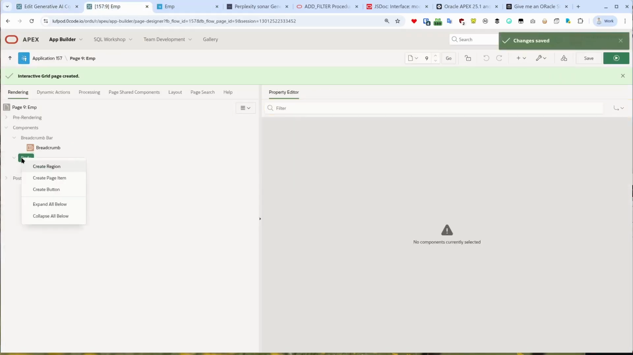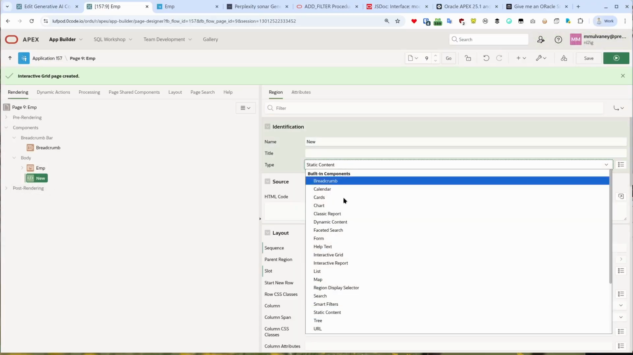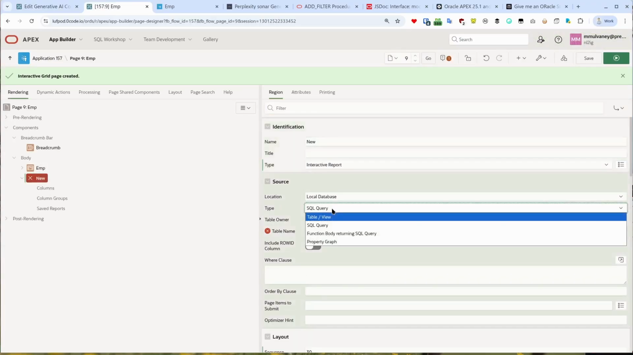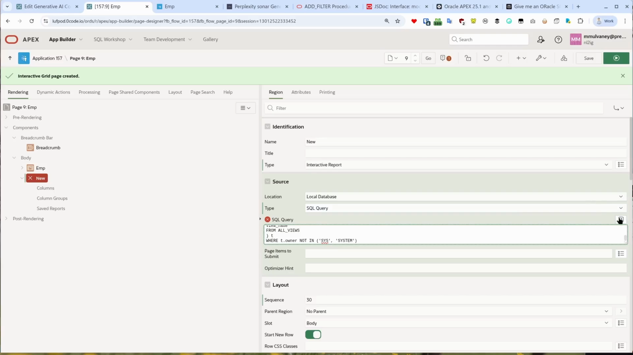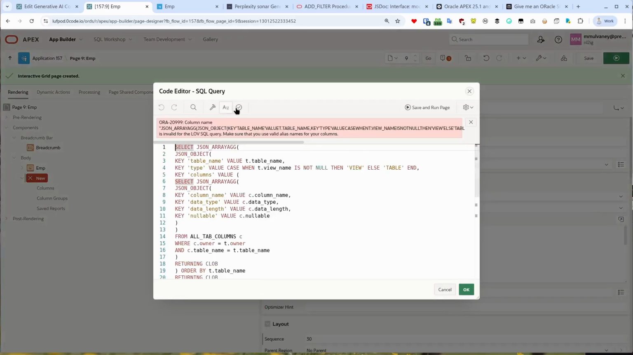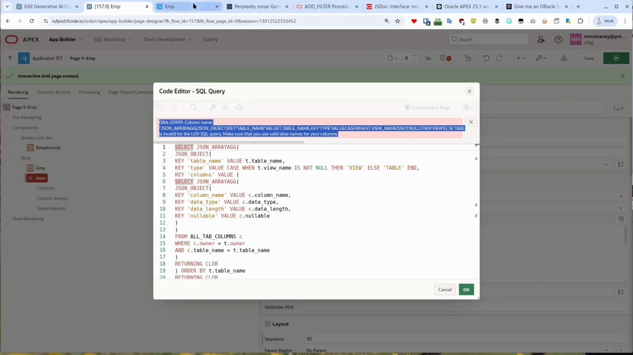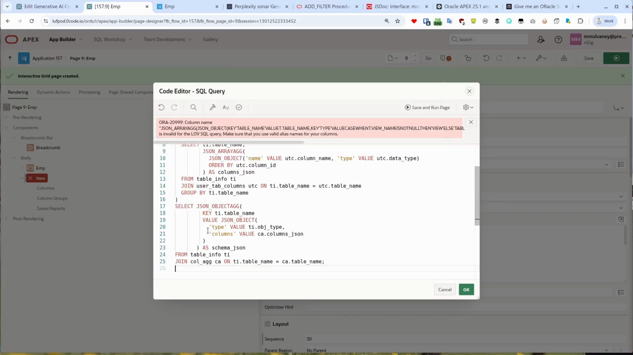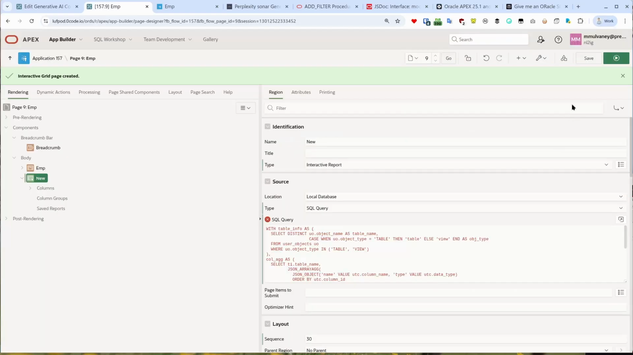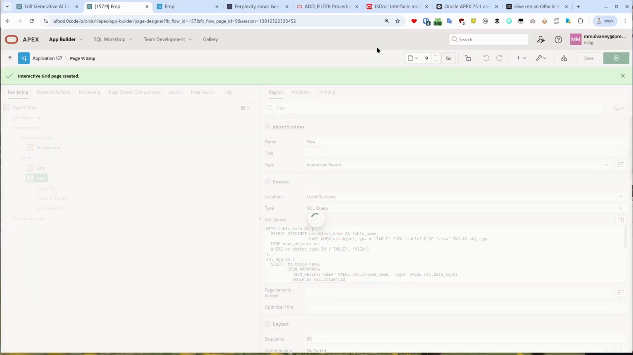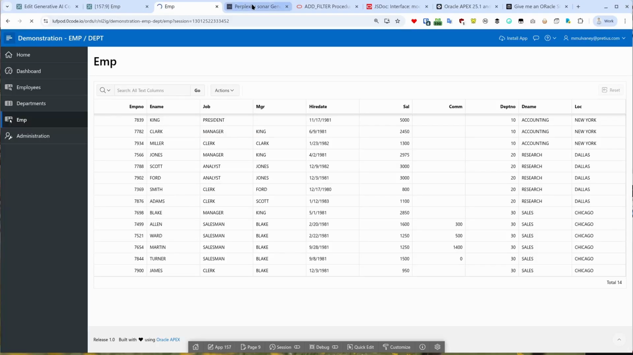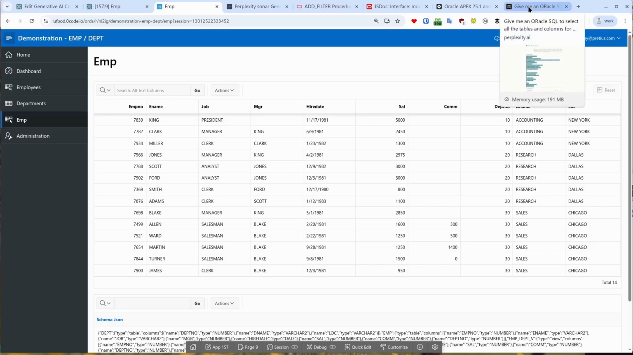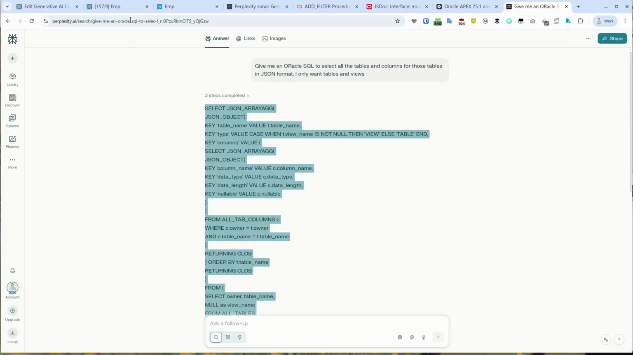Okay, so let's create another region. This will be an interactive report. This will be SQL. This will be my query. Will it work first time? Who knows? Okay. Right. What we're going to do, we'll take a shortcut. So I've already got something here. So what I would do is, instead of wasting your time trying to prompt engineer this, I'll get one that